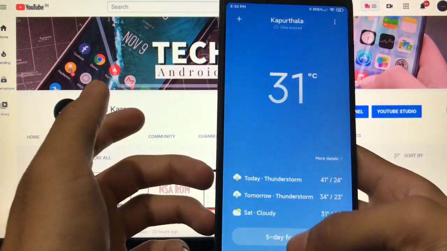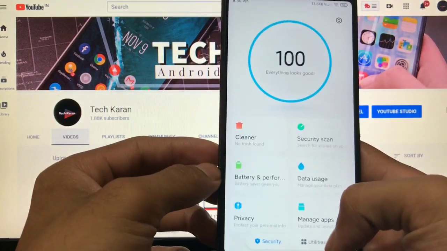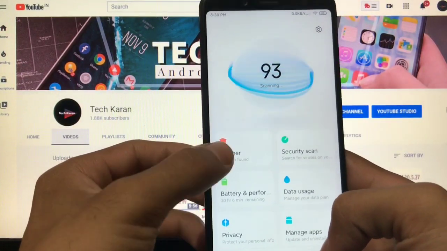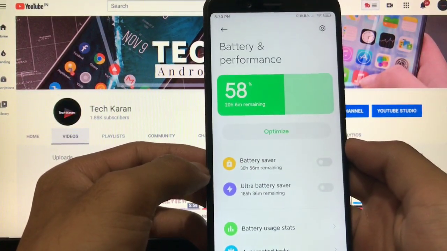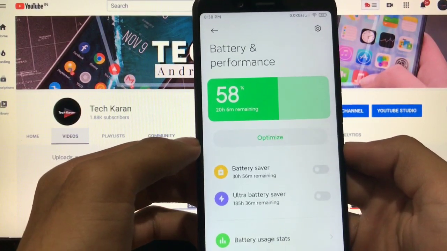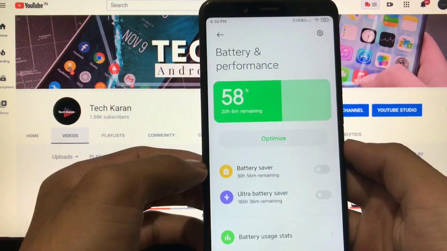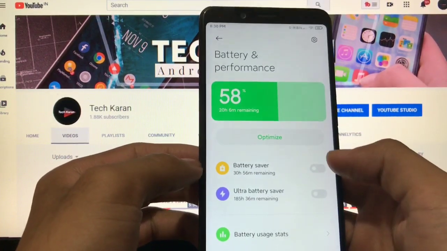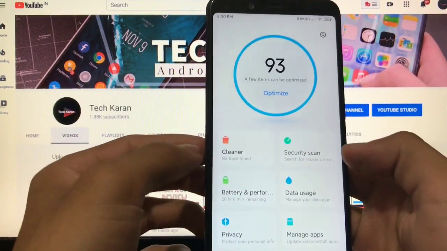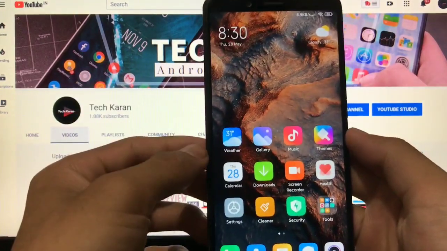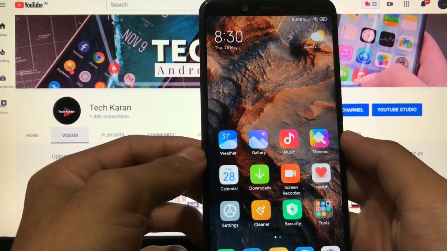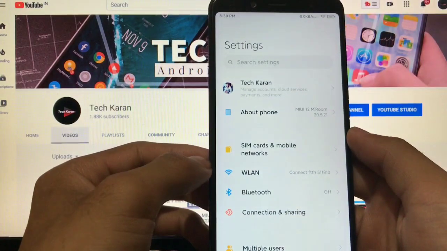If we talk about weather, obviously from MIUI 12. If we talk about security app, this one is also from MIUI 12. If we talk about battery and performance, the latest battery and performance meter with all beautiful things. If we talk about battery backup, that is just great. I didn't get that much battery drainage for some time, so you can say that there are no big things which are draining the battery.